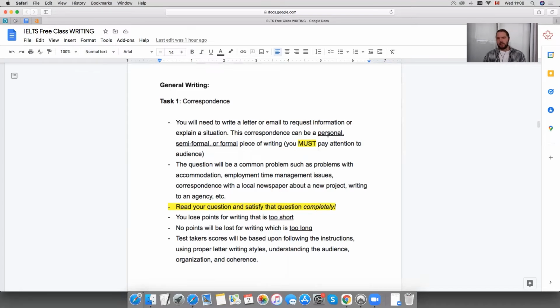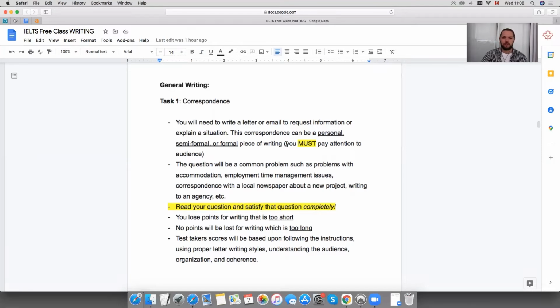You have to understand the audience that you're speaking to. The language that we use, for example, speaking to a boss or a colleague compared to a friend, is going to be totally different. And our language needs to represent that. The tone of our writing, also the audience that we're speaking to, are so important to getting a good score